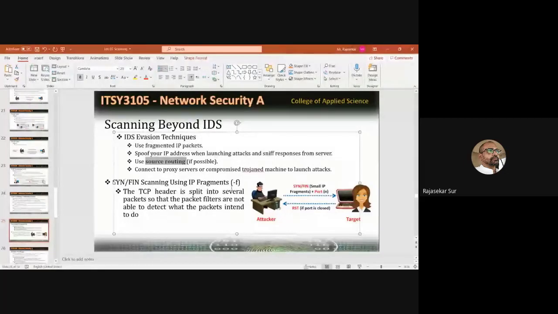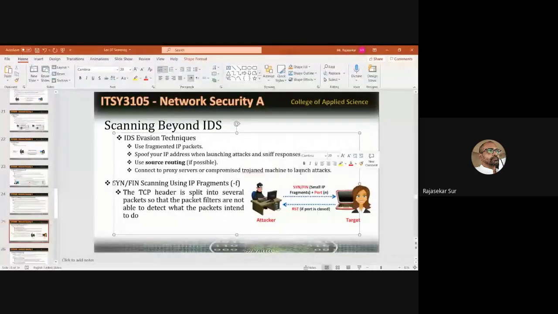Then the last one is to connect to a proxy server or a compromised Trojan machine to launch the attack. That means launching the attack from a compromised machine. A compromised machine is called a zombie, or a bot. A bot means an already infected computer.